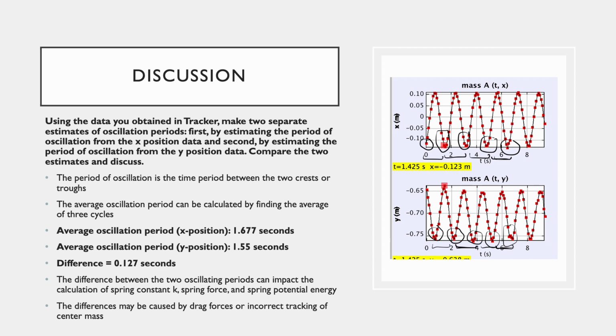For the X position, the average oscillation period is 1.677 seconds, and for the Y position, it is 1.55 seconds, which makes a difference of 0.127 seconds. The difference between the two oscillating periods can impact the calculation of spring constant K, the spring force, and the spring potential energy, and these differences may be caused by drag forces or incorrect tracking of